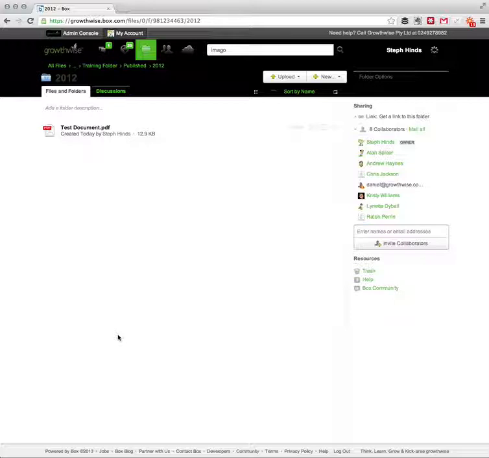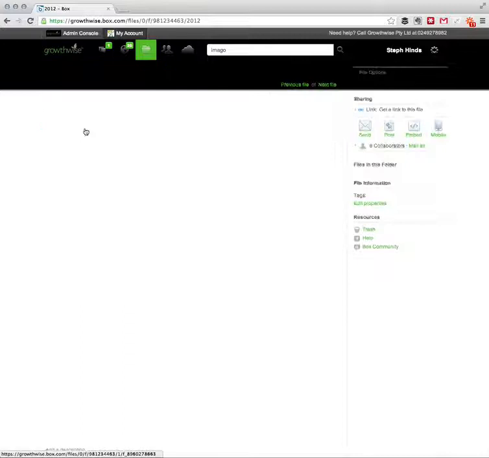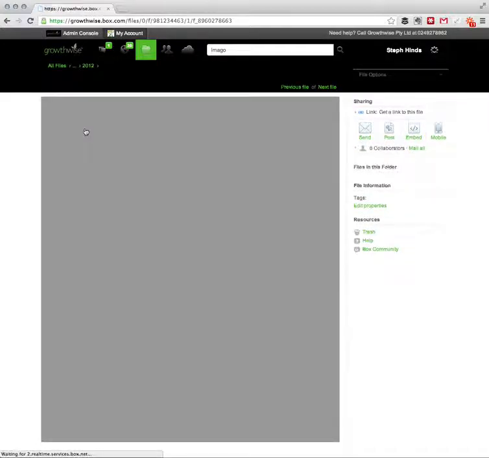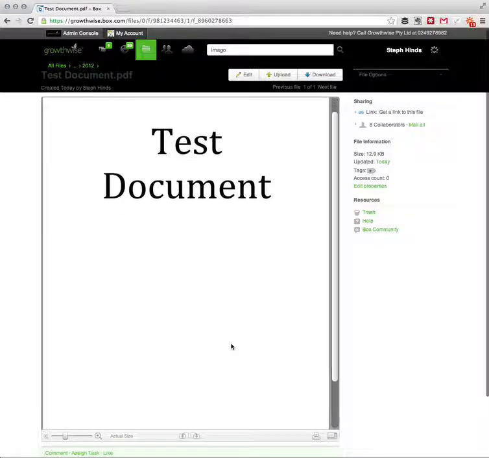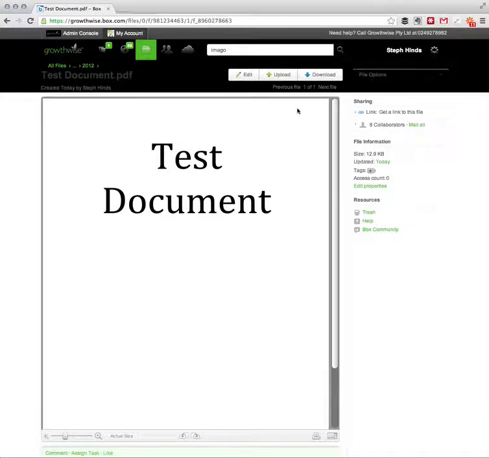This is a much better system than trying to email files back and forth with you, as it is a much more secure system, and allows us to do a few more things and features in there as well. As an example, if you wanted to just view the document, all you need to do is click on the test document, and this is going to bring up a preview for you. It will generate the preview as a PDF, and you can see that I just have a test document in there. Alternatively, if you would like to actually download the document and have a look in a PDF format, you would just click the download button, and that will bring it down to your downloads